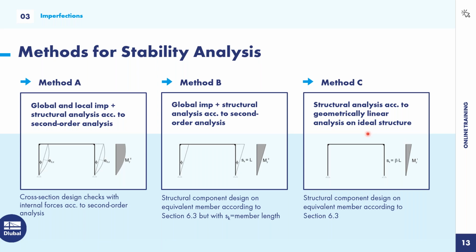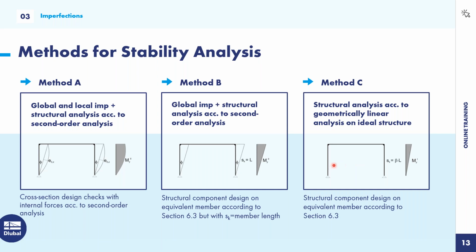This is also the method you learn very often in your study. So we calculate the structure according to a geometrical linear analysis, so first order, on an ideal structure, with ideal internal forces which normally don't appear in reality. But we have to calculate the equivalent member length, and this is something we can do for easy structures